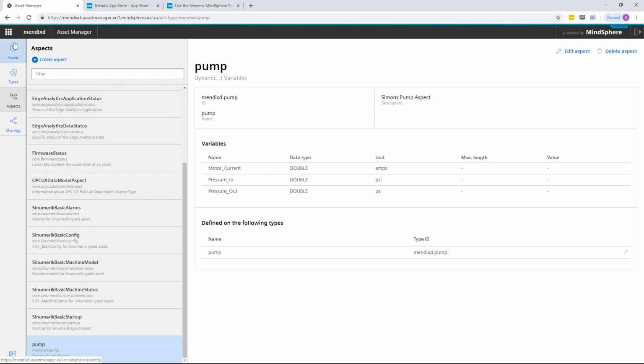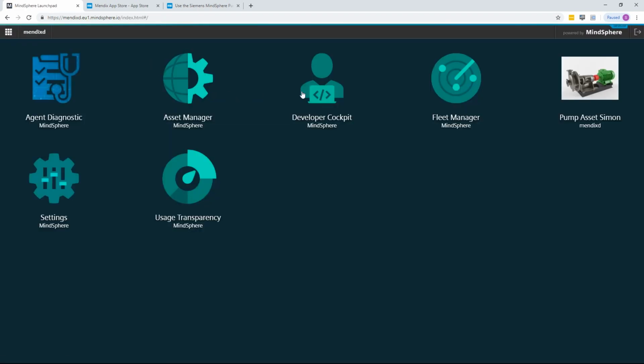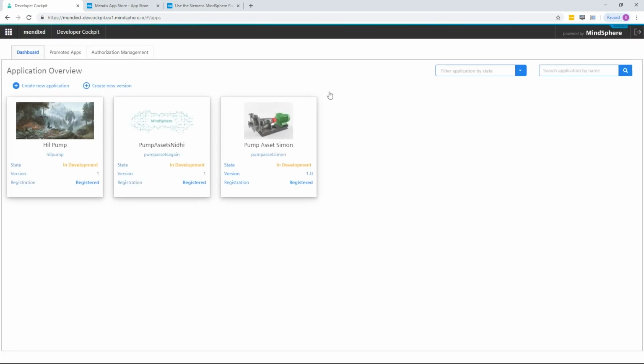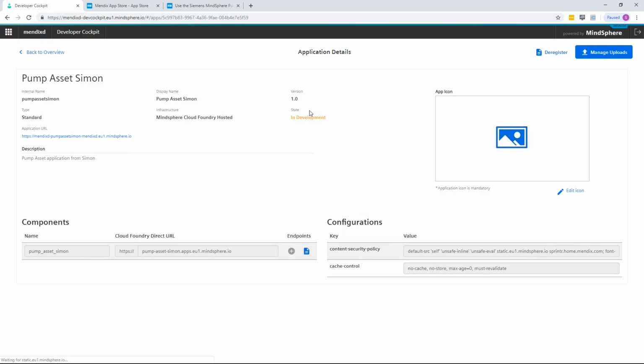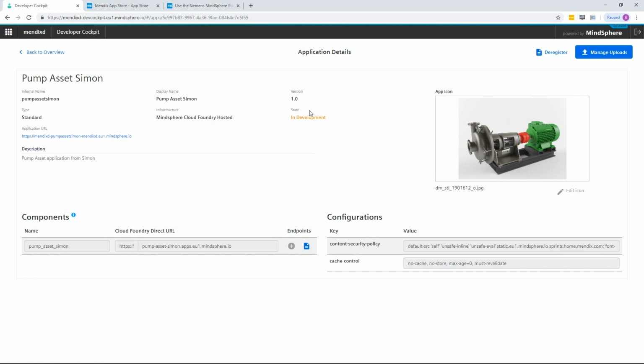Once we set up the assets, we then need to be able to configure the applications that are going to leverage that data. To do so, we can use the developer cockpit here to set up new applications and new credentials, which we can then use within our Mendix applications. These credentials allow us to connect into the MindSphere data, but also use the single sign-on service. We can add configurations in here as well to customize our application, such as environment variables or operations and information that we need particularly for this environment.